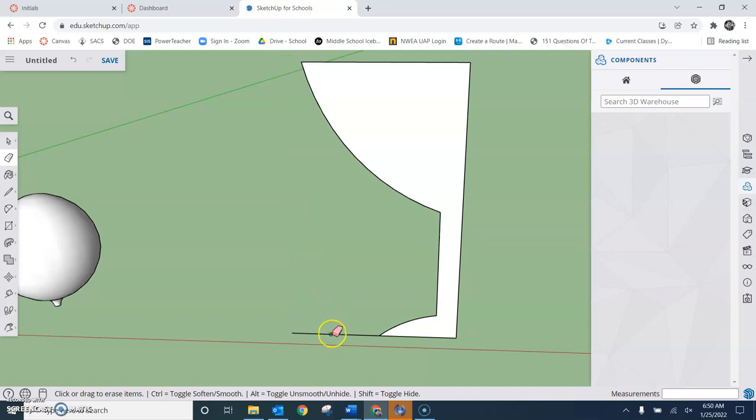And that, and that. Now if I just do this with Follow Me, it's going to be one solid chunk. I want this part here to be hollow, right? I want it to be something you could pour water into. So I'm going to try the offset tool and click in here, and yeah, I just want that to kind